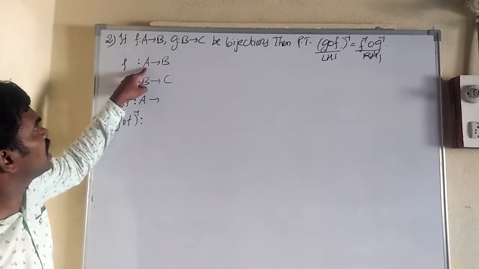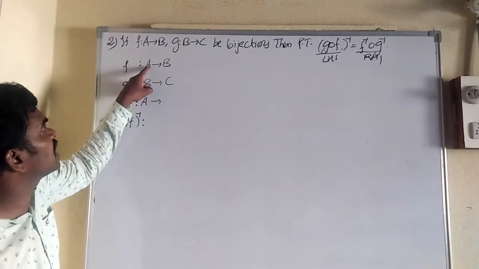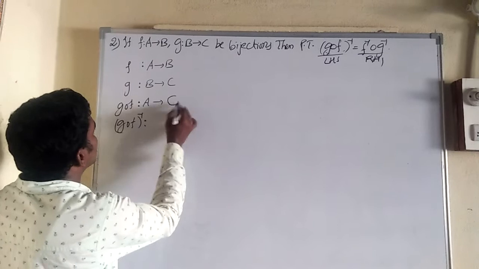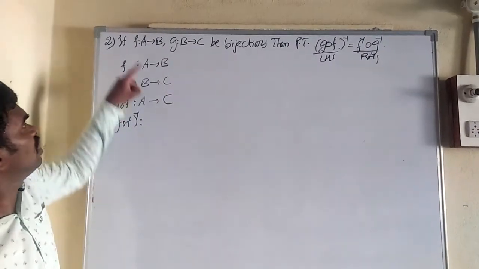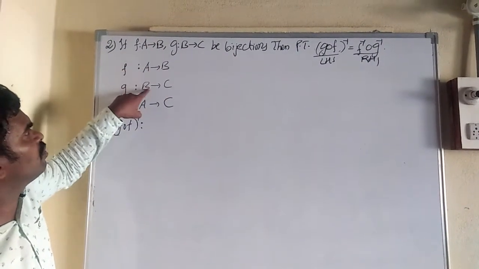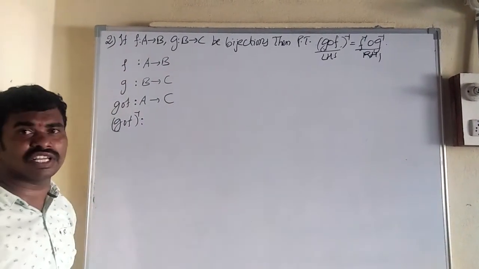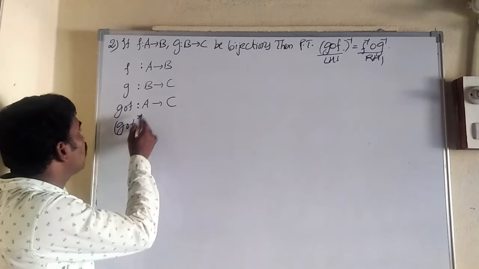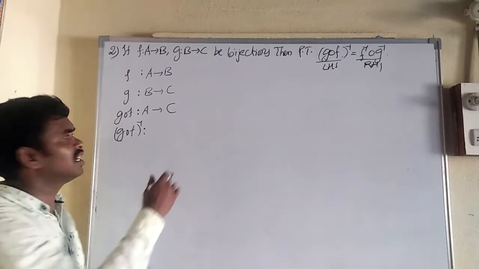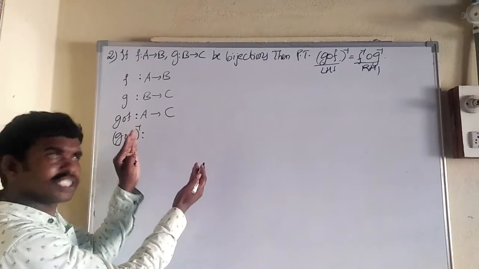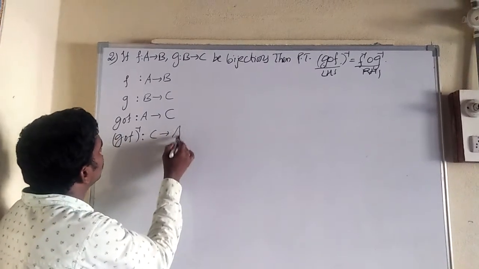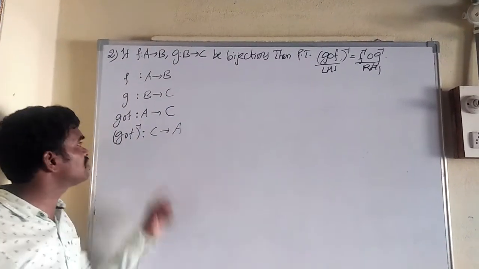So overall, completely A నుంచి B కి వెళ్ళి B నుంచి C కి వెళ్ళింది, అంటే A నుంచి ఎక్కడికి వెళ్ళింది ఫంక్షన్? C కి వెళ్ళింది. ఓకేనా? So very simple. Here the function reaches from A to B and B to C. So finally A to C. So G circle F, got it, A to C. Now tell me G circle F whole inverse. Inverse means reverse. A to C becomes C to A. Very good. G circle F whole inverse becomes C to A.